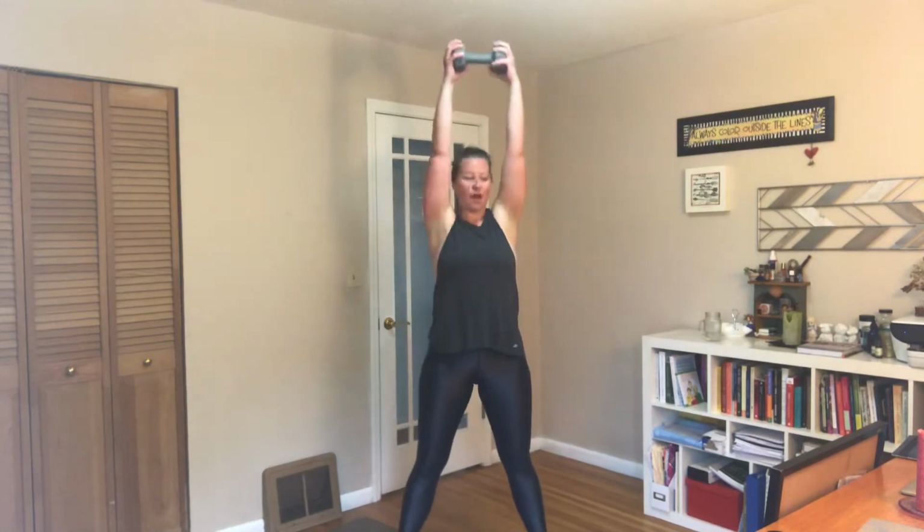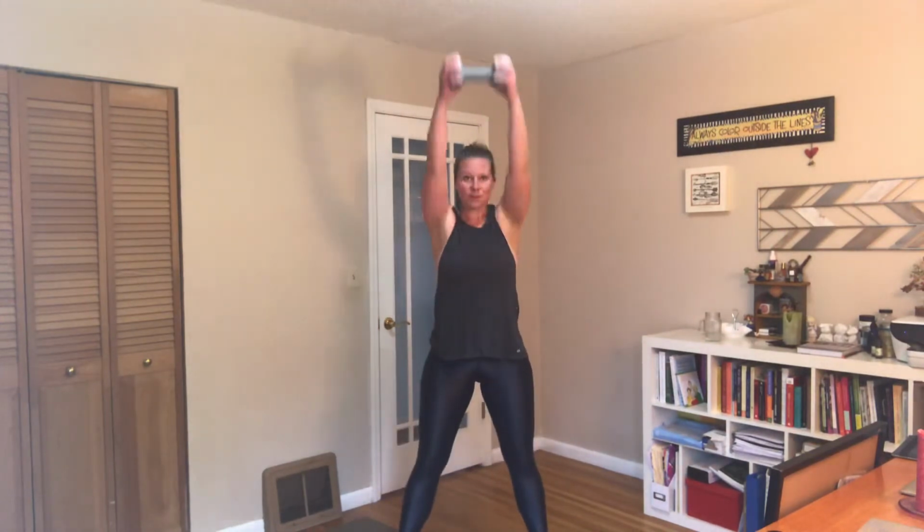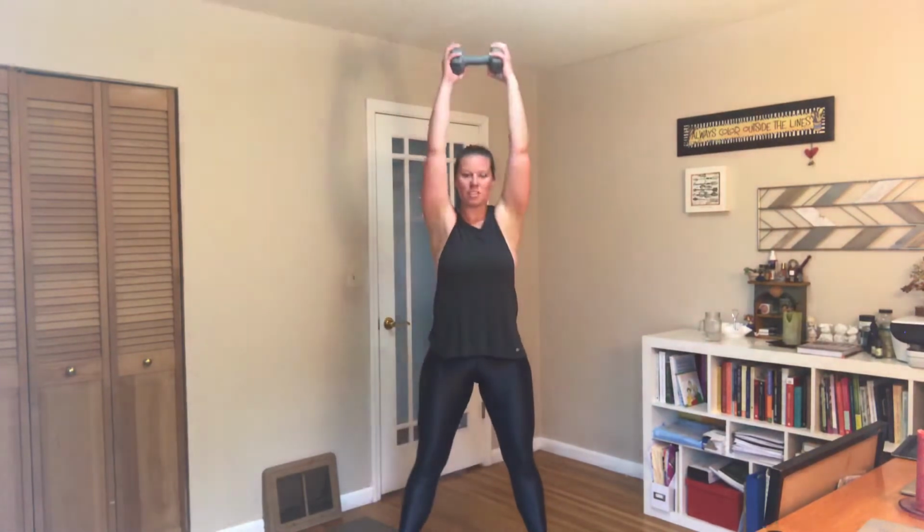You're gonna hold your dumbbell end to end, swinging it between your legs and then up and overhead. But we got a little break, not for much longer though. In 5, in 3, in 2, and we're swinging and then overhead. So when you come overhead, try to keep those ribs down and make sure you're not over